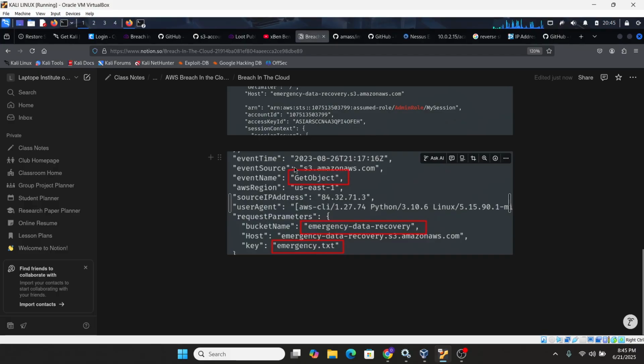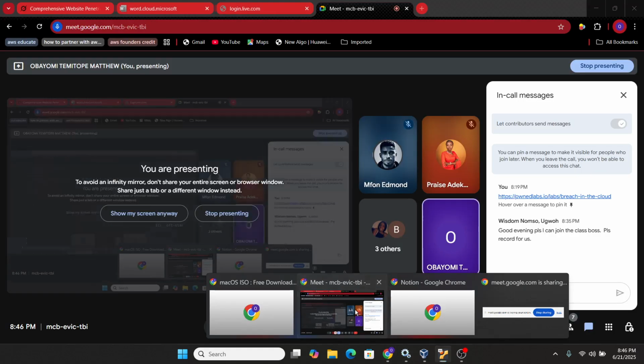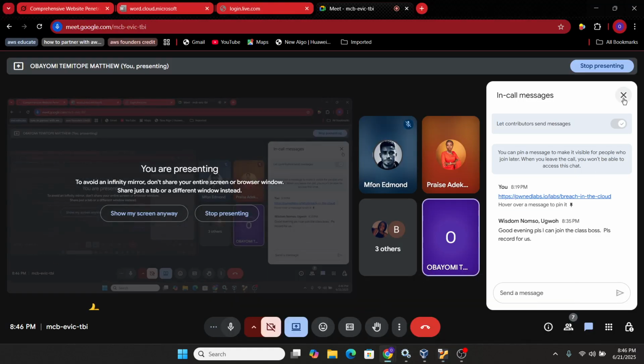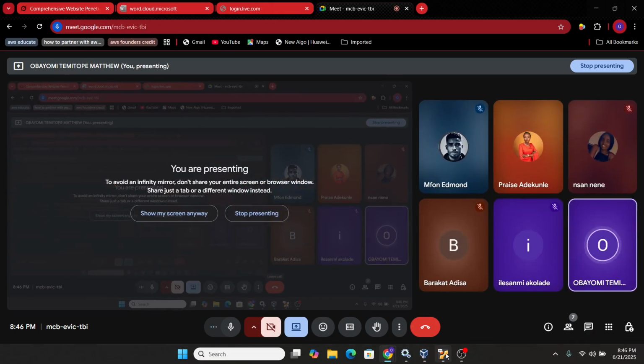Then the user performed an action called get object from emergency data recovery. And this is the data that was exfiltrated, emergency.txt. Are we together? All right, that's good.